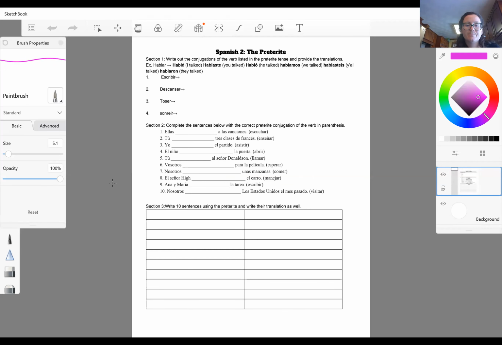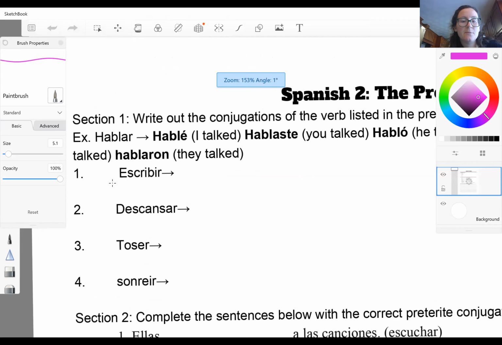And I'm going to do some examples on the screen from your work for this week. Okay. So hopefully you should be able to see your assignment for the week. I'm going to go through and do a couple of examples from each of these sections. So section 1